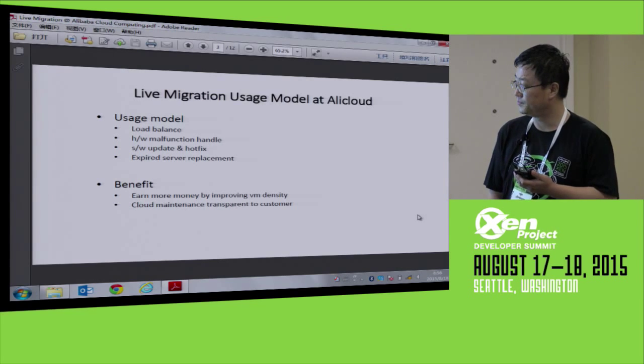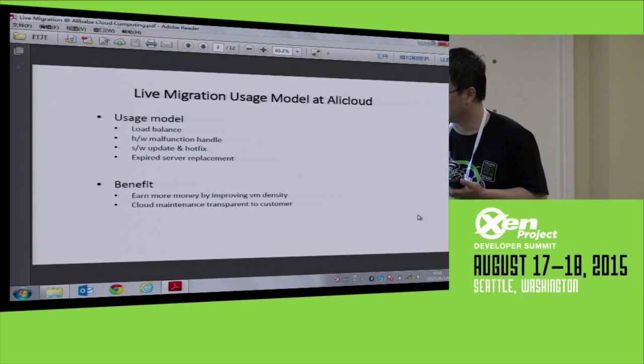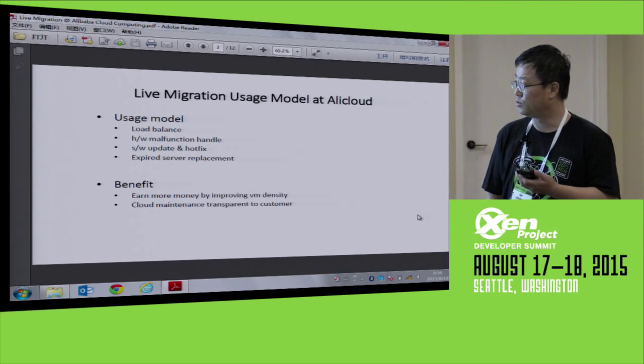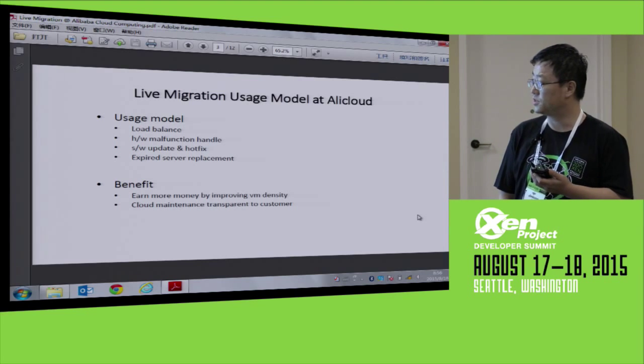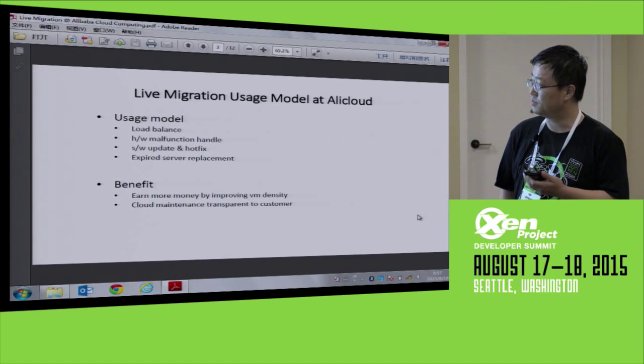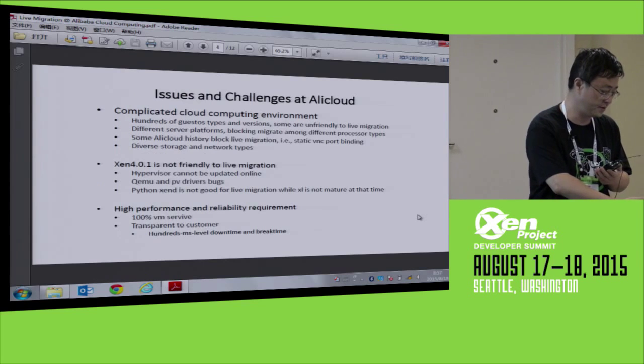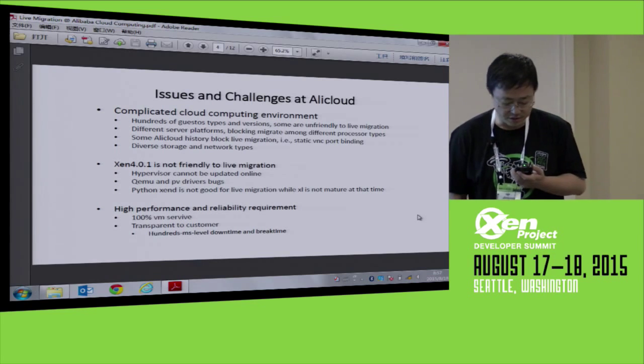And the other benefit is that we can do cloud maintenance. This maintenance is transparent to customers. And these are some of the benefits. But